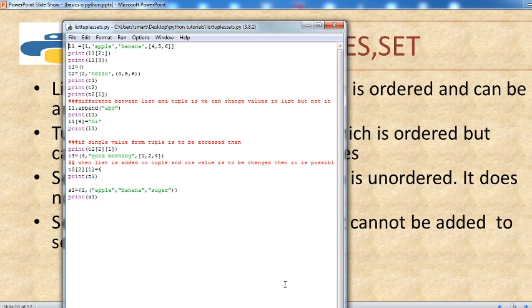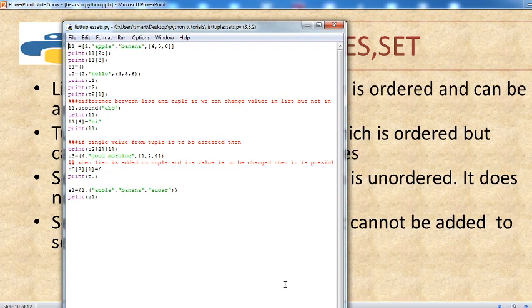So L1 is equal to square bracket 1, single quotes apple comma banana single quotes, 4 5 6. So here you don't have only numeric, you have mixed type of data. You have a string, along with string you also have numbers. So L1 is equal to 1, that is having the index 0, apple is having the index 1, banana is having the index 2, and again see here there is one more list having the elements 4 5 6.